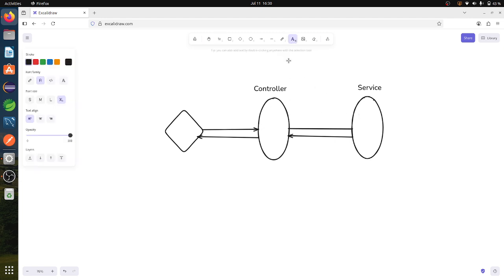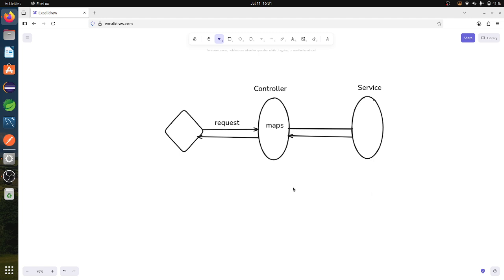Here this is my request, and the same request my controller class is mapping with the service. So this is the process happening here.